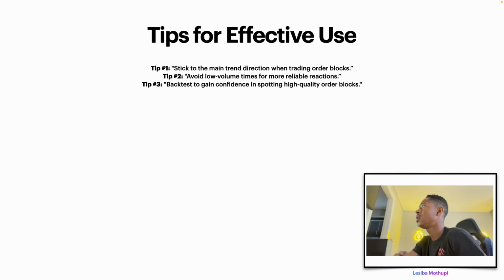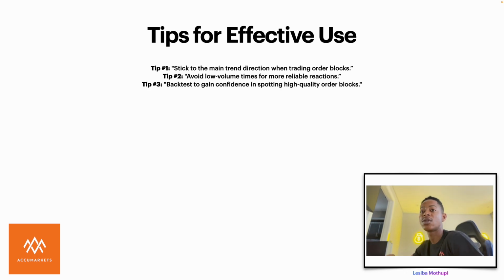Second tip is to avoid low volume times for more reliable reactions. I see people trading at any time. You shouldn't be doing that, guys. You need to trade only accordingly. For instance, if you are trading New York pairs, trade the New York session, because that's when it's more volatile, there'll be more volume, and it's more likely to move the way that you see it, compared to when you're trading when there are no movements in the markets, whereby it's going to take too long for you to